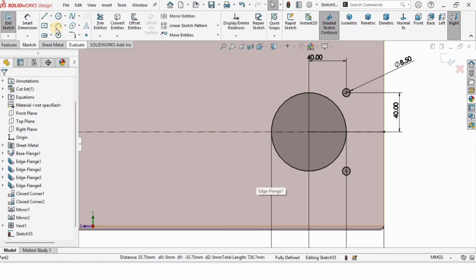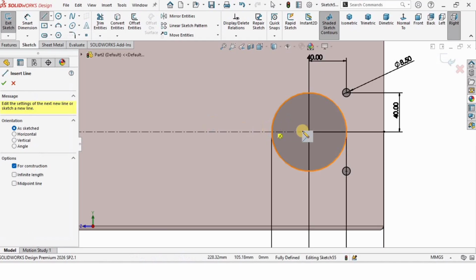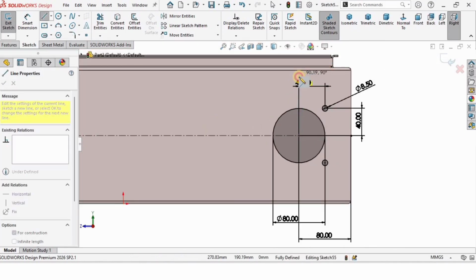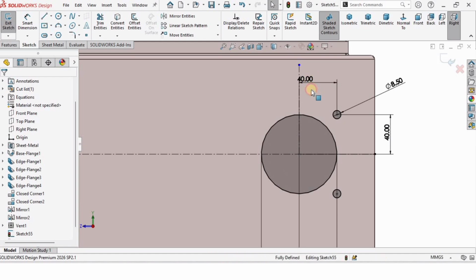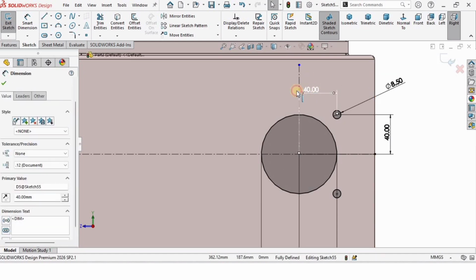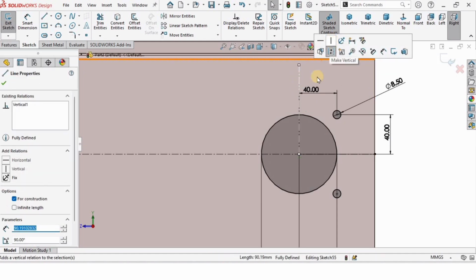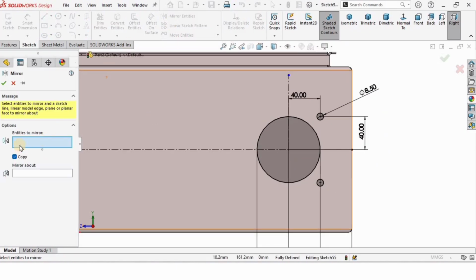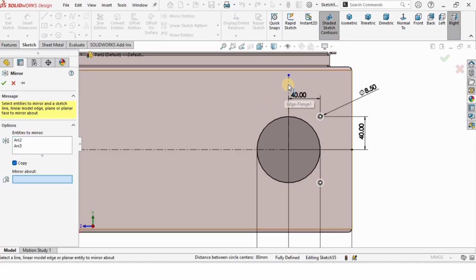Now I want to mirror these on the other side, so I would require a reference vertical line. I will create here a perfect vertical line. It should be vertical. You can select this line and specify vertical relation to ensure that this is vertical. Select mirror entities. In the first window I will select these 2 circles, as you can see,